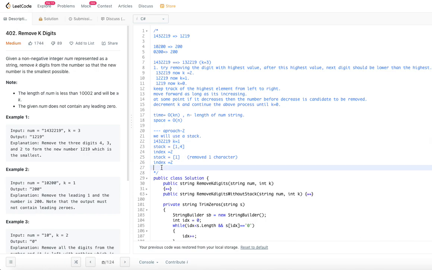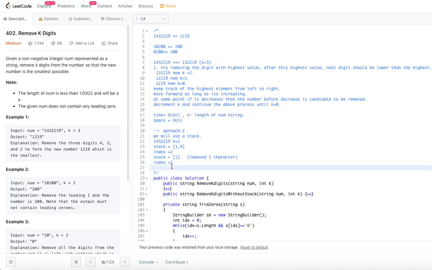So now what we are going to do is push onto the stack. That way we can go back and append all the characters from the stack plus the remaining characters in the string, right? That is the approach.